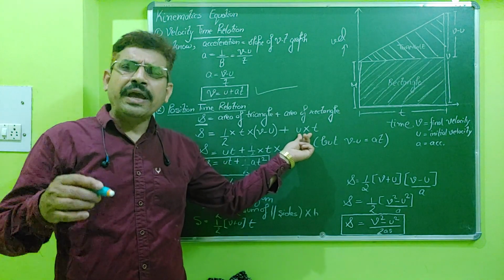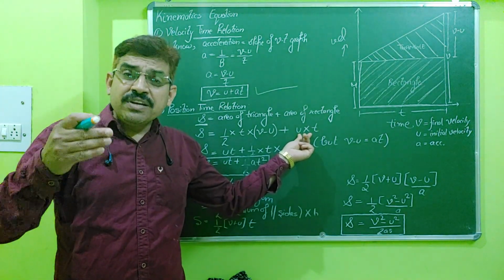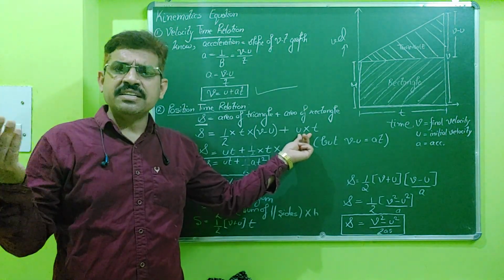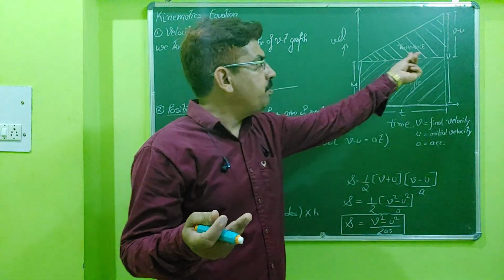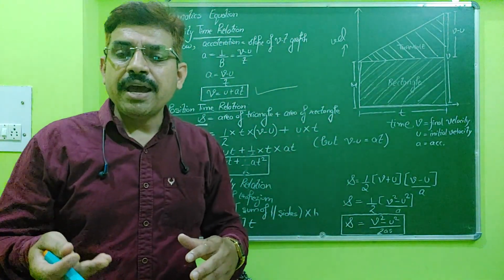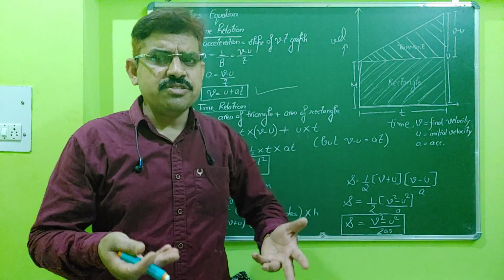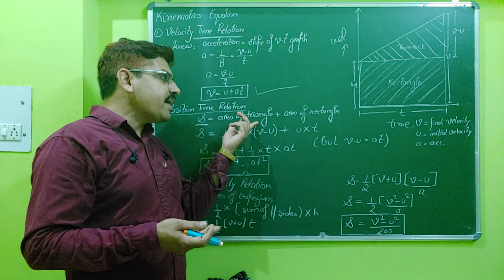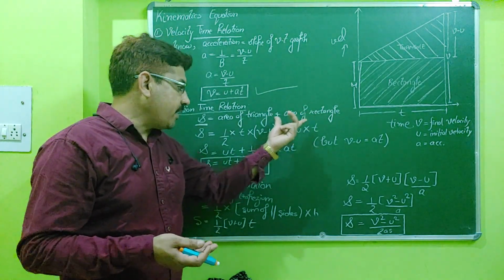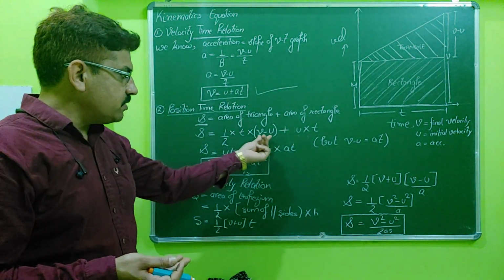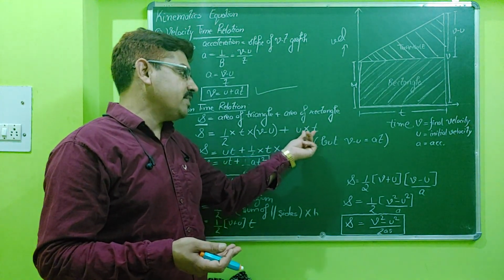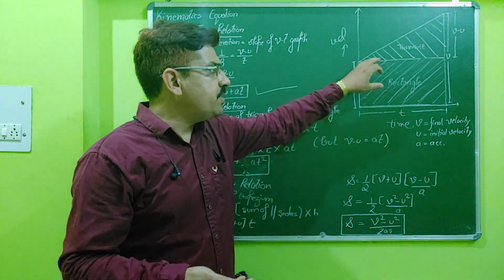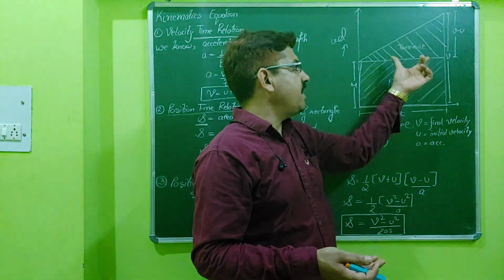Never use O, A, B, C, because that will create confusion for us. Why go for O, A, B, C, D? There is no need to remember those things. Only write simply the formula, that is the area of the triangle plus the area of the rectangle. The area of the triangle is half into length into height, plus the area of the rectangle, which is length into height. So this is the length, this is the height, and half into this length, this height.